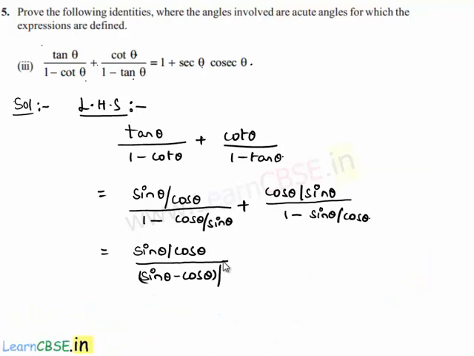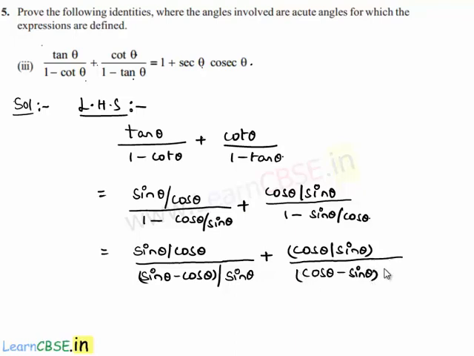whole by sin theta, plus cos theta by sin theta, let it remain same in the numerator, and in the denominator we get, if we take cos theta as LCM, cos theta minus sin theta whole by cos theta. Now, in these two terms, if we observe clearly, we can take common 1 by sin theta minus cos theta. So, by taking 1 by sin theta minus cos theta common,